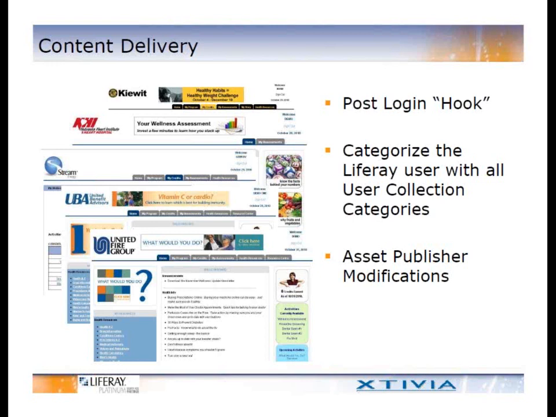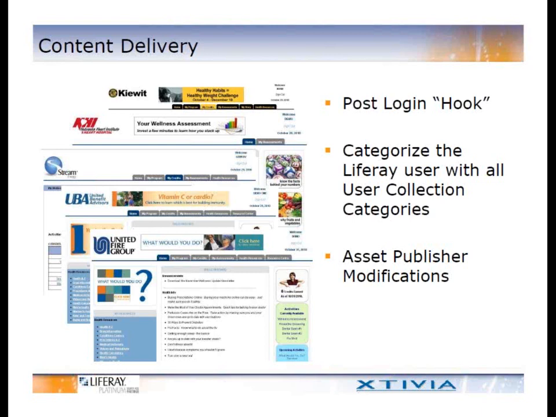So the way that we ended up approaching that was, as I've already described a little bit, the post-login hook, where when the user logs in, we identify which user collections they should be in, and then we associate that user, the actual Liferay user object, with the categories. But then we also modified the Asset Publisher Portlet so that it would submit a custom query that would pick out the content type, the appropriate organization that the user was in, so that we could deliver content to zero or more organizations, or all of them if we needed to, and then the specific user collections that the user should be a part of. So in a single trip to the database,